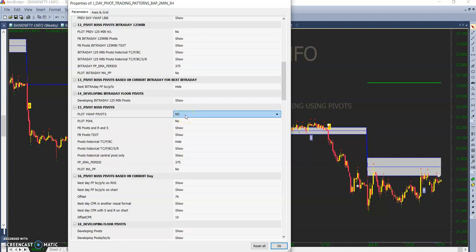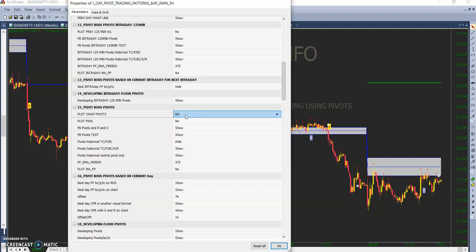So instead of using high, low and close, you can also calculate pivots using the previous VWAP points. The central pivot is actually the average of high, low and close of the previous trading session, or the previous trading day in this case.